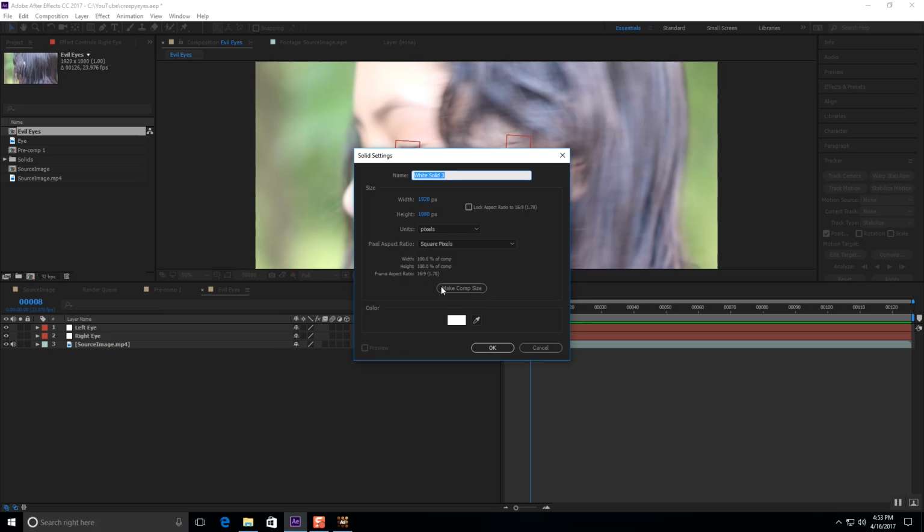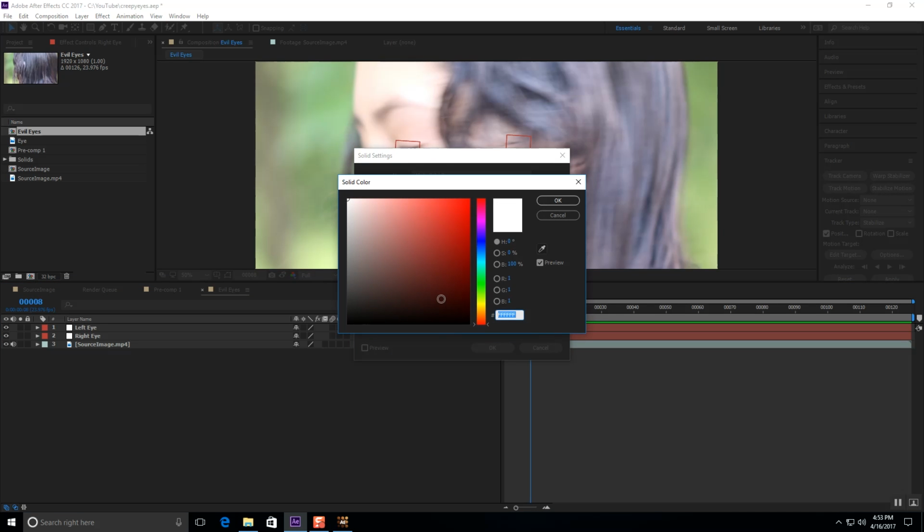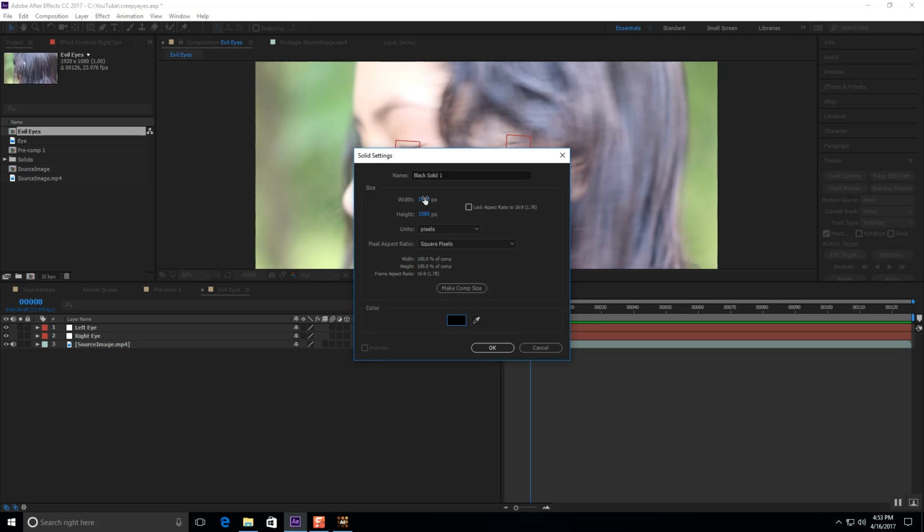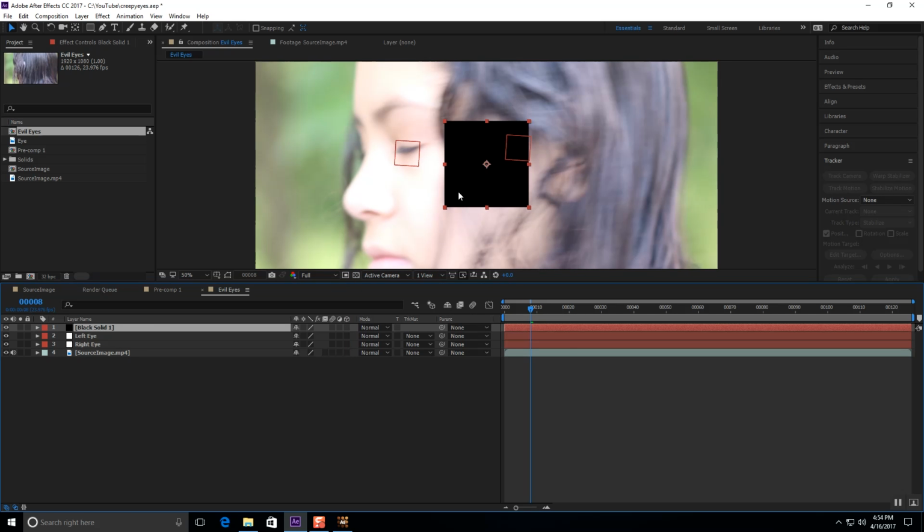I prefer to use a black solid, and you can change it. It only needs to be about 350 by 350. It doesn't have to be the entire size. So select OK. That's a pretty good size. So first thing we're going to do is paste our